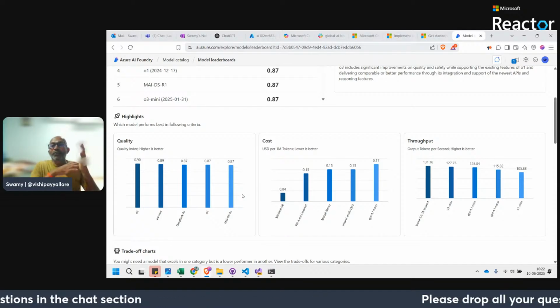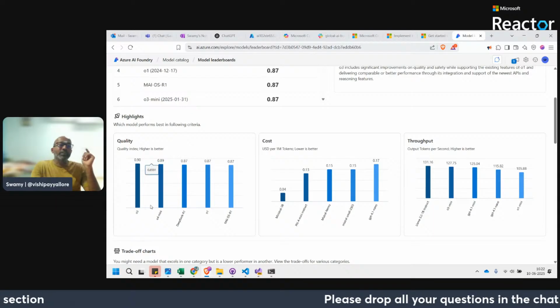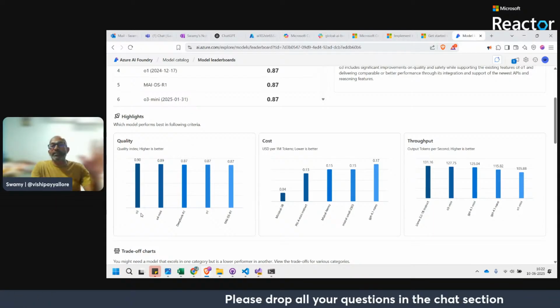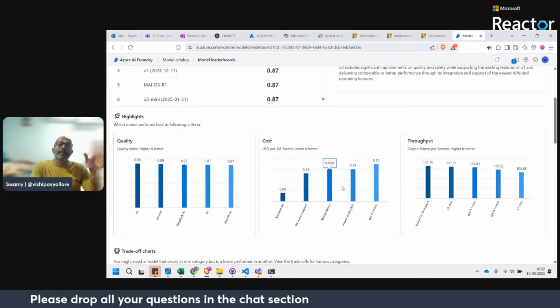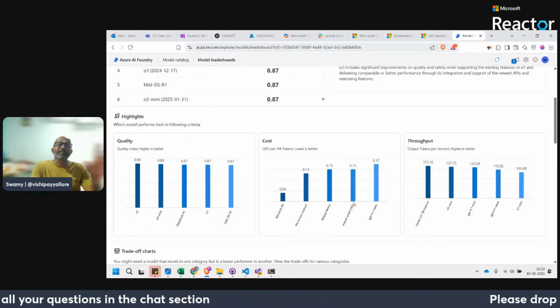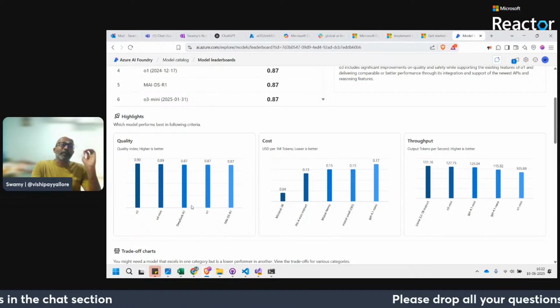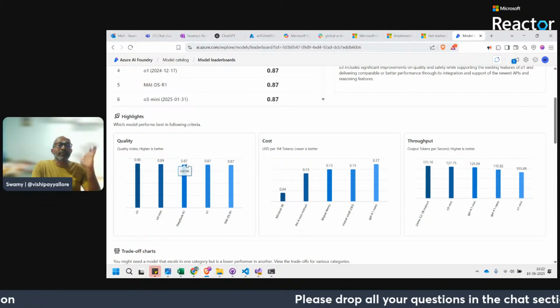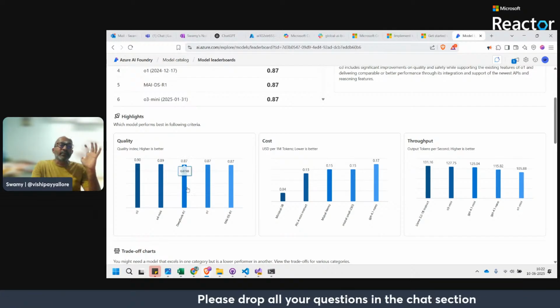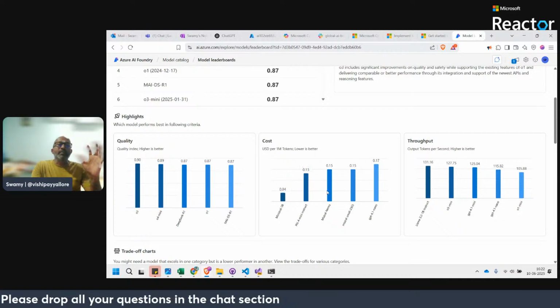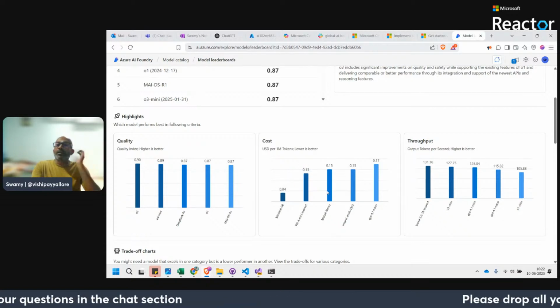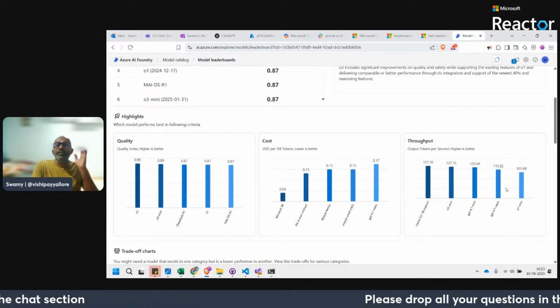I'm not telling you that you should not use it, but assume that this is the same as O3, and it is costing a little less. Oh, okay, I'm giving a wrong example. Take something with a quality index of 0.87, which is coming a little cheaper, and the throughput also is a little less.